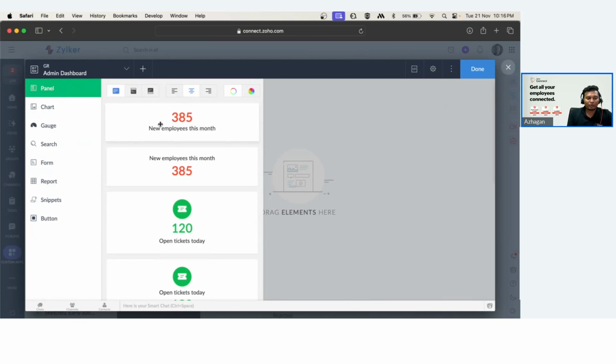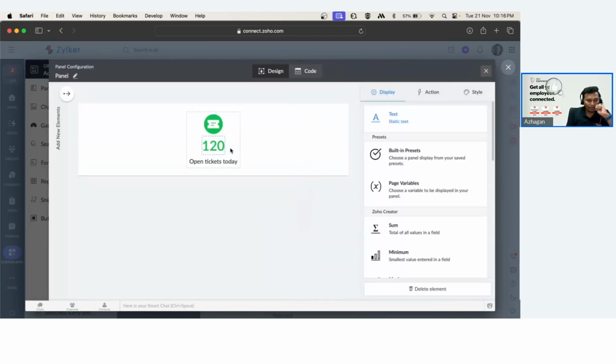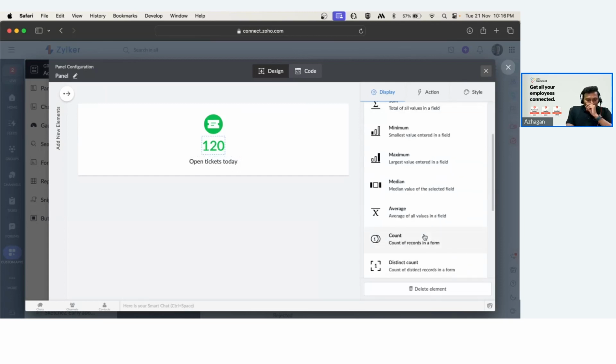Let's go ahead and I'm going to create one panel and one chart, and using that, you can get an idea on how to play with different components of the page and create a very rich dashboard for your own application as well. So let me create a new panel, right? So I'm adding a new panel, and when you click on the number, so the number essentially shows something. So we want to display something on this number. So we are going to go ahead and select the number,